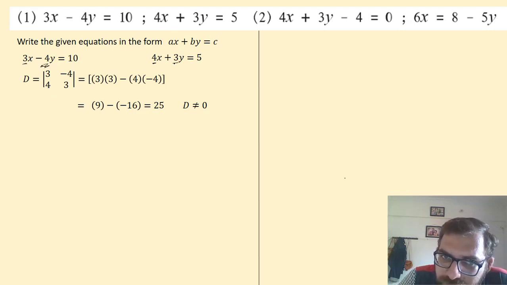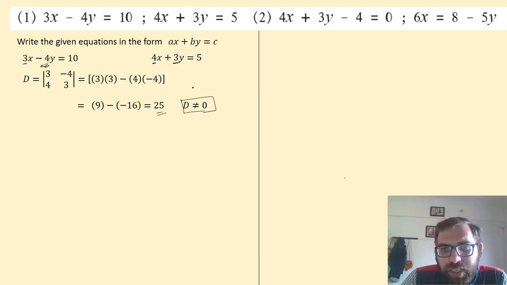So you can see here 3. Determinant D is the determinant of 3, -4, 4, 3. If you solve this, as we have seen in the previous session, we are going to get the answer equal to 25, which is not equal to 0. This condition is very important, because if D becomes 0, then in x is equal to Dx by D, the denominator becomes 0 and the answer becomes not defined.